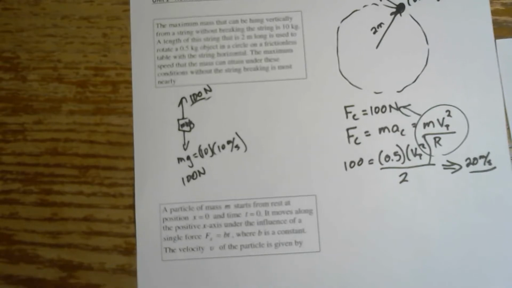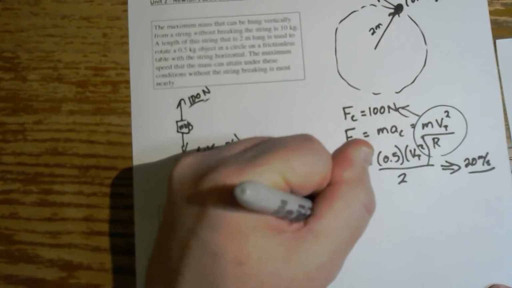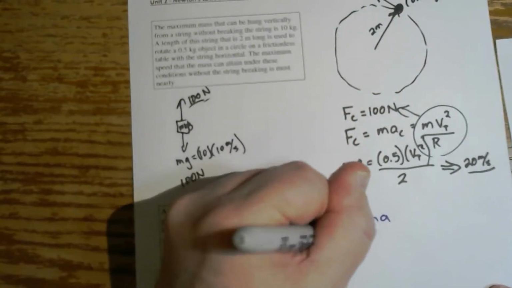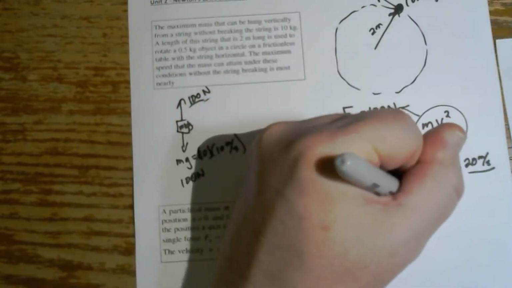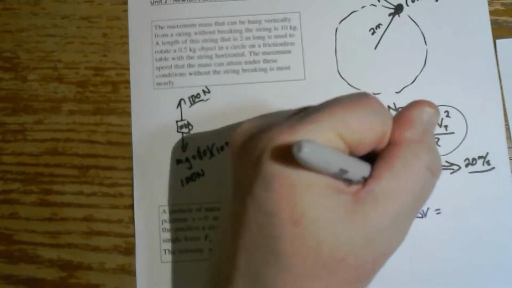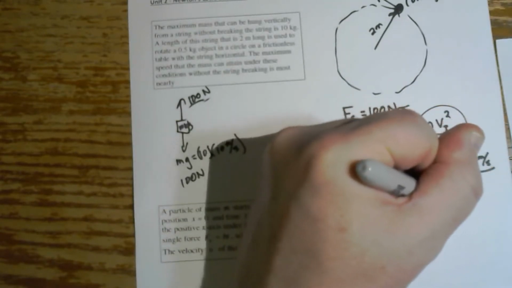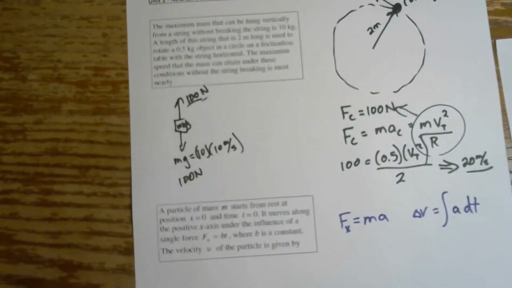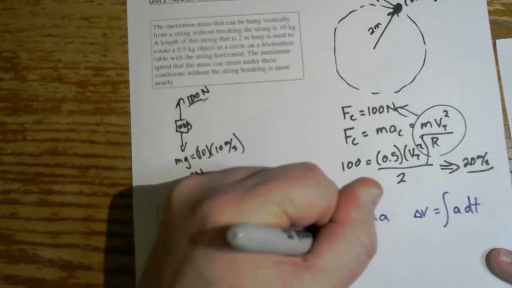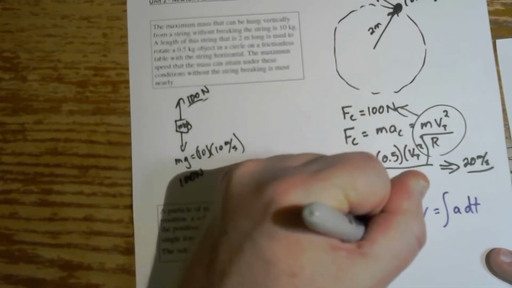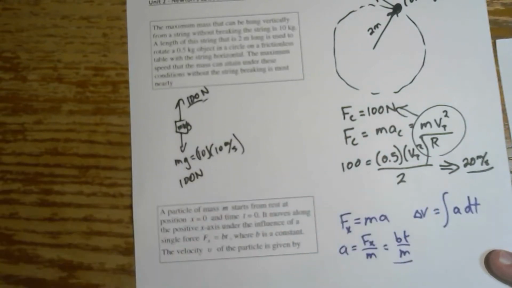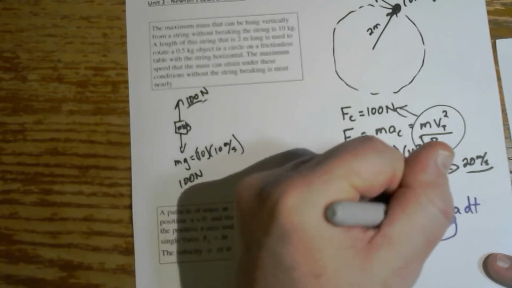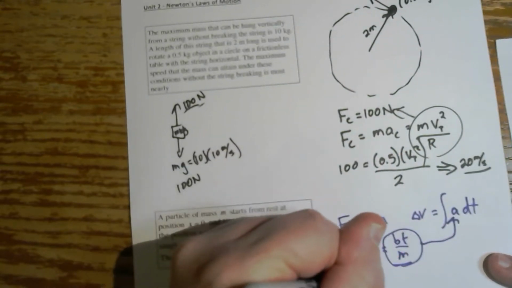In order to get the velocity, I need to understand that the force, which is equal to ma, this horizontally applied force, gives a velocity by taking the integral of the acceleration, because remember, the change in velocity is the integral of the acceleration with respect to time. So all I really need to do to get a is divide my applied force by m, which would be bt divided by m. And so that's my acceleration. I'm going to make that substitution for acceleration and take the integral. So delta v